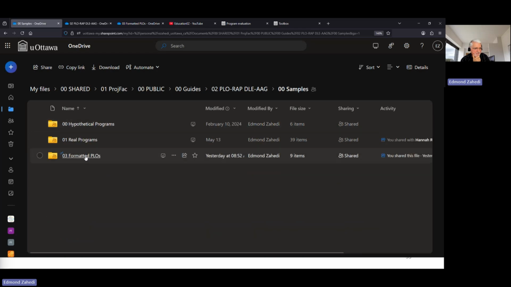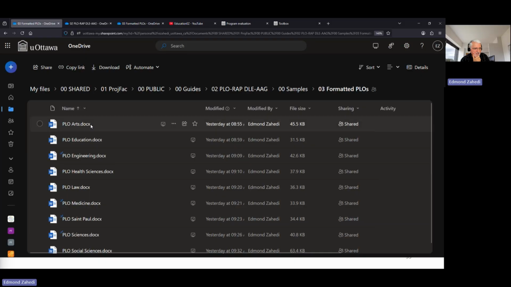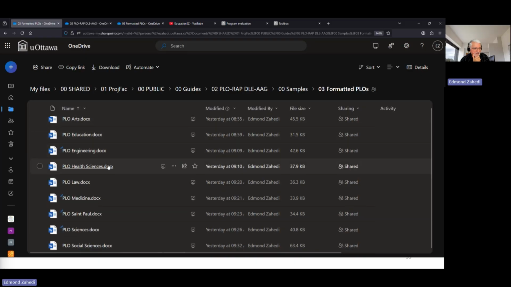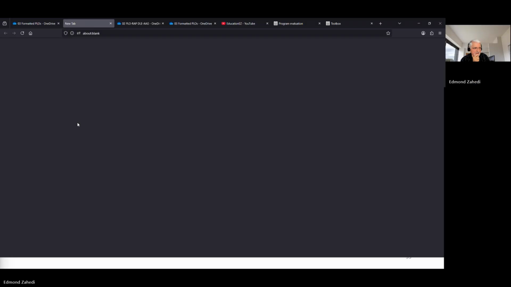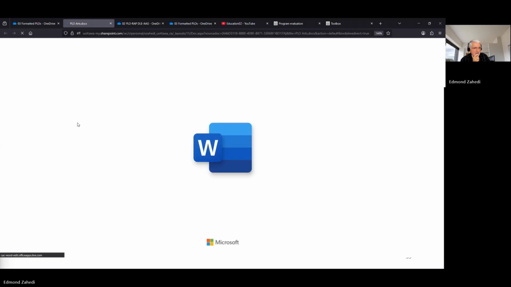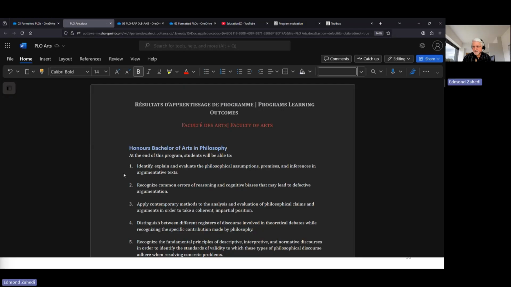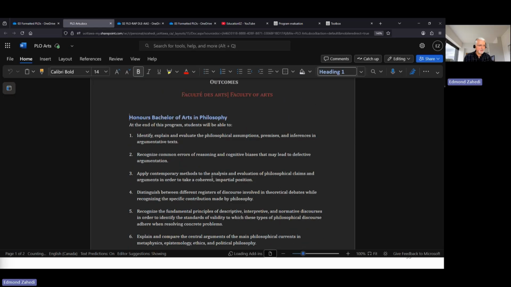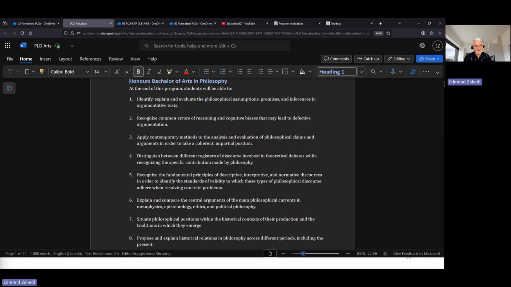So you can look at formatted PLOs, and you have PLOs for arts, education, engineering, health sciences, etc. For example, let's click on arts. And you can see that you have Honors Bachelor of Arts in philosophy. At the end of this program, students will be able to 1, 2, 3, 4, 5, 6, and you have the list of